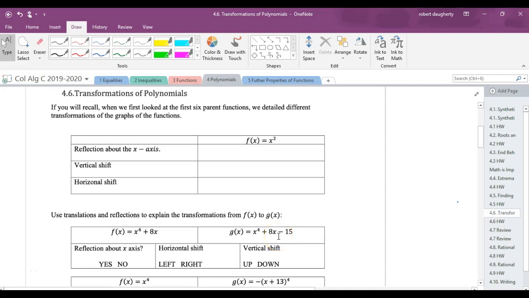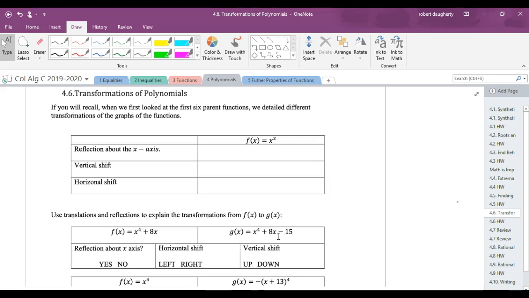So most of this should be reviewed. If I'm looking at transformations of polynomials, remember when we did all the parent functions, if this was x squared, what was this one? Negative x squared, okay? And then if you had x squared, how do we move it up? Yeah, you put a plus on the end of it. Or how do you move it down? And then how do we move it left and right? Remember, that was backwards. That's all we're doing today, but instead of with the parent function, we're doing it with